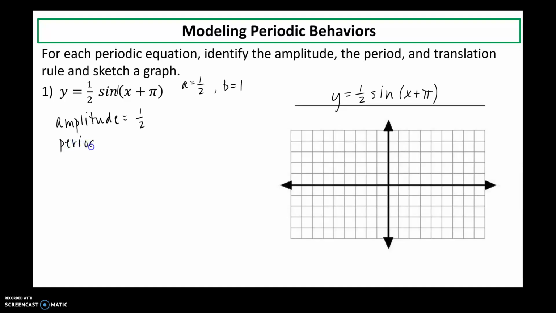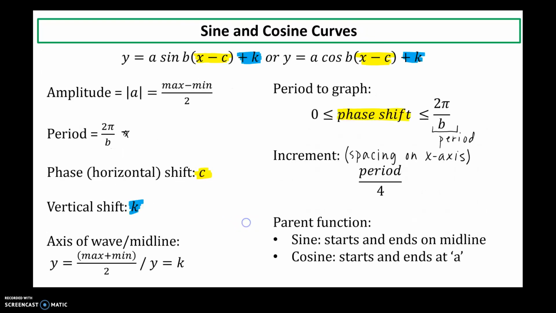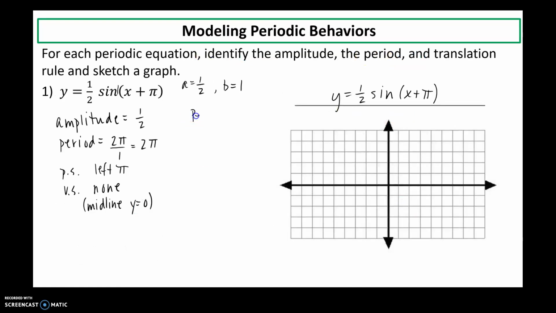Okay, period is 2 pi divided by b, so the period of the function is just 2 pi. The phase shift is left pi, okay, because it's the opposite of what I have written in the equation. And your vertical shift, there is none. So that means your midline will be at the equation y is equal to 0. Okay, so those are the things we can determine just from the equation. Now let's go back to these 3 pieces that I added. So the period to graph,